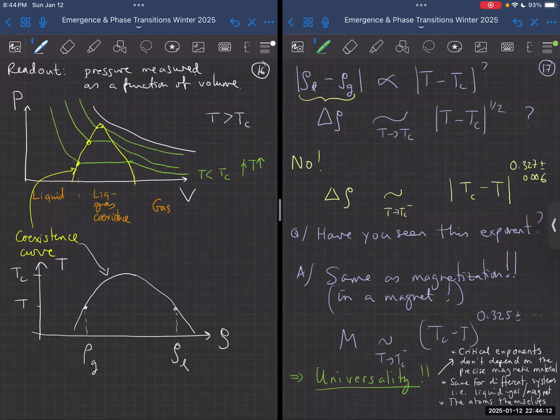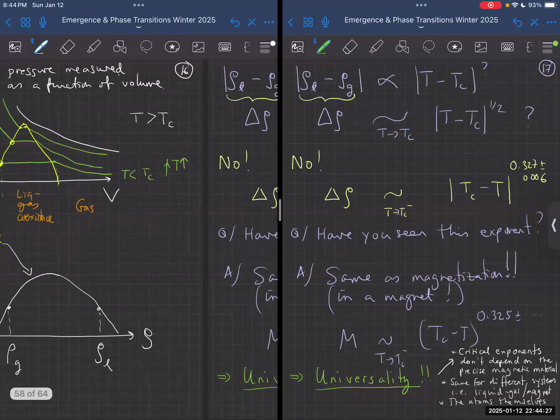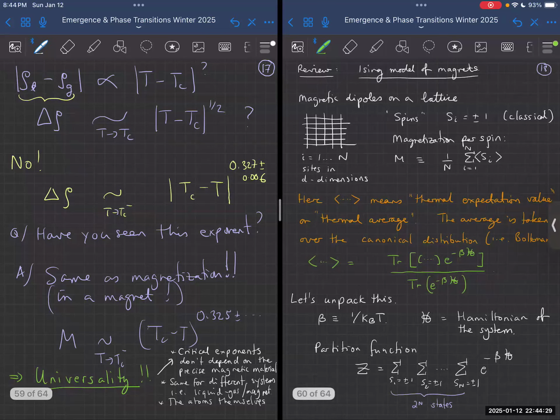What we've seen then is that the critical exponents don't seem to depend on what the magnetic material is. It seems to be the same for different systems. It doesn't seem to depend on what the atoms are either. And so this set of phenomena are called universality. So let's review for now a little bit about what magnets are,